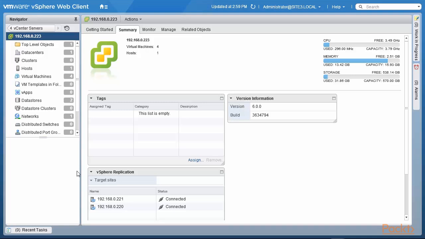In this case, we created a closed loop. We went from our headquarters site to the linked mode server at branch 2 and created targets there. And then we also created targets between the two branches, branch 2 and branch 3 as well. And we saw how in some cases one had to enter credentials when you were not part of the same SSO domain. And in some cases where we were part of the same SSO domain, or the two source and targets were part of the same SSO domain, there was no need to enter credentials, which is exactly how SSO